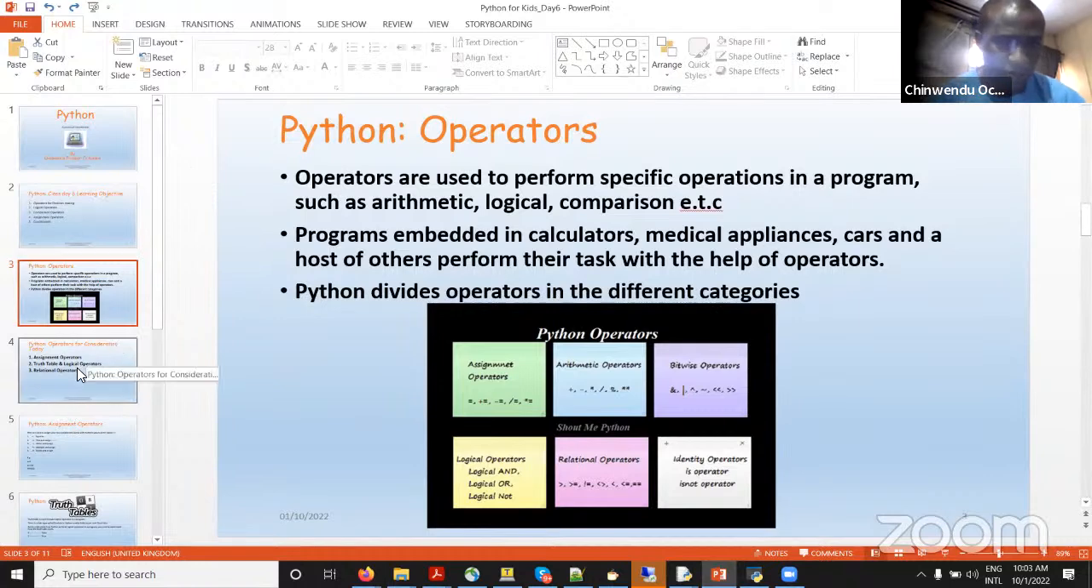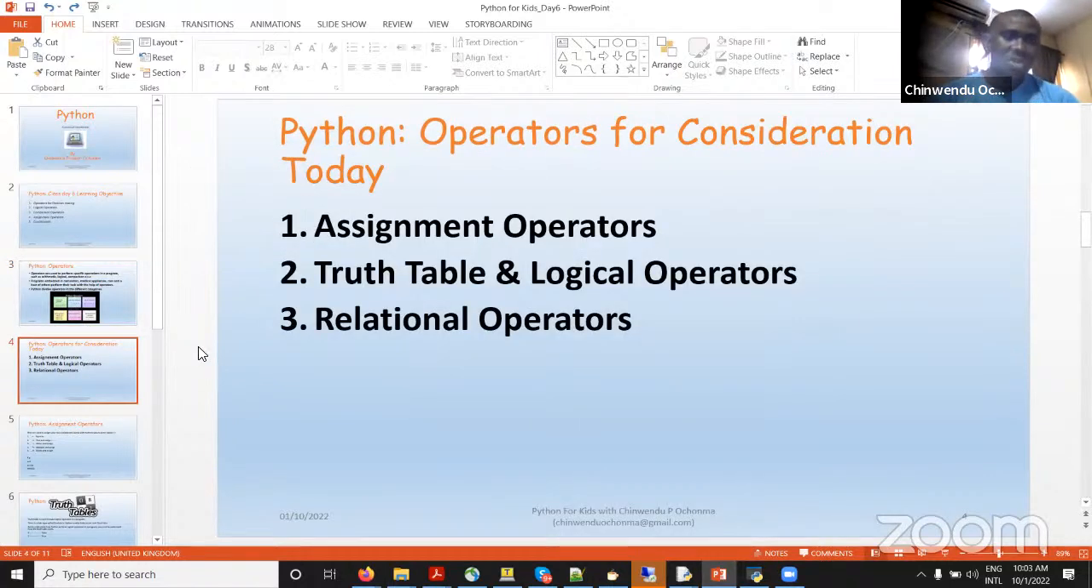Okay, so let's move. These are the 3 we're going to be considering for today: assignment operators, truth table, and logical operators. Now, the truth table is something that is interesting and you need to know before you can appreciate what logical operators are and how they work. Then you also have relational operators. So first of all, let's move into